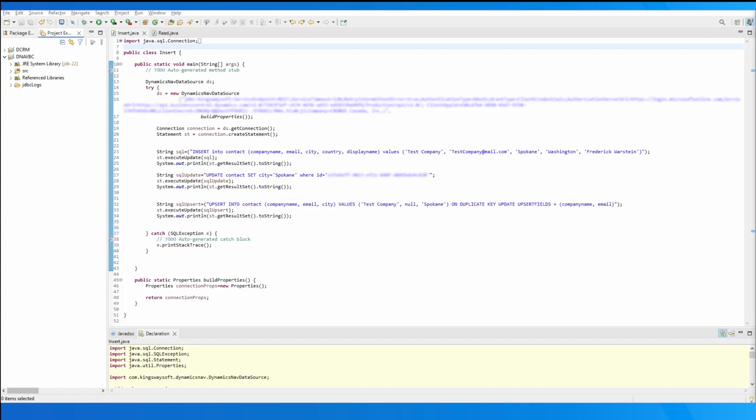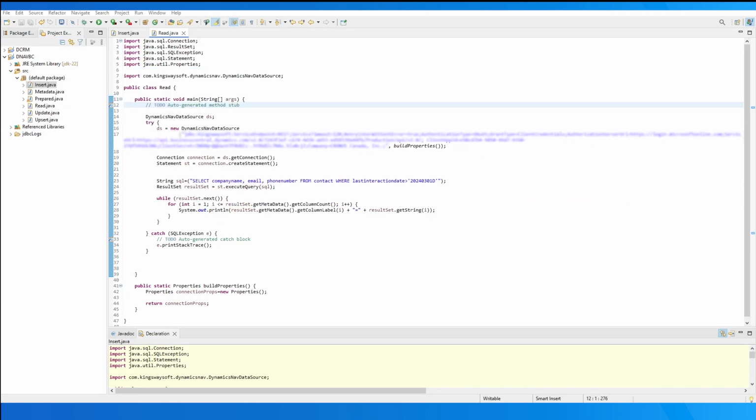As you can see, on line 32, we attempt to update based on the values provided, and the upsert fields, otherwise the records will get created instead. We have 3 fields to upsert and the values we'd like to set. The upsert statement needs to end with onDuplicateKey update upsert fields, and we have specified 2 keys as the upsert keys. In our second class file, we are reading from our nav instance, and just as before, we'll be working